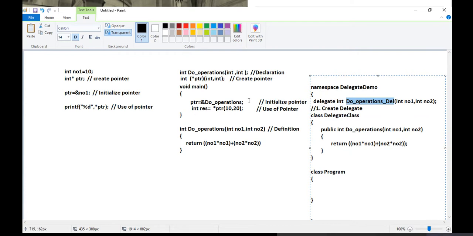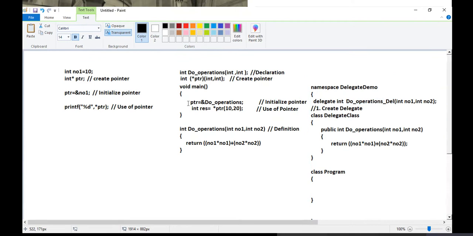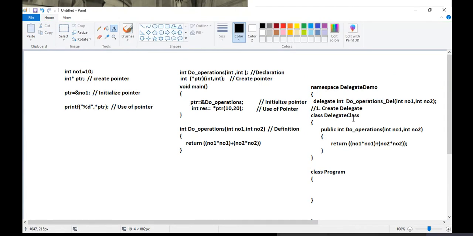Like here we are saying PTR is storing the base address of do operation. Similar to this, do operations delegate will store the reference of do operations.